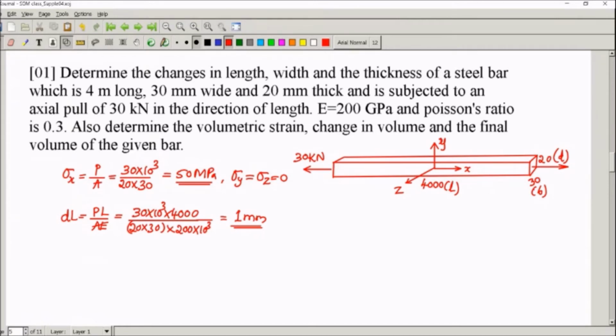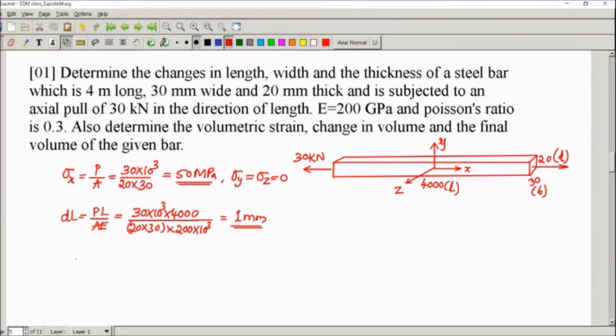But though there is no load along Y and Z direction, deformation will happen along Y and Z direction also because of Poisson's effect. In case of a tension test also, when you pull the tensile specimen apart, along with increase in length, lateral dimension will reduce, diameter will reduce. So since it is a rectangular bar here, in the Y and Z direction, width and thickness will also reduce. That we should be able to find out using Poisson's ratio.